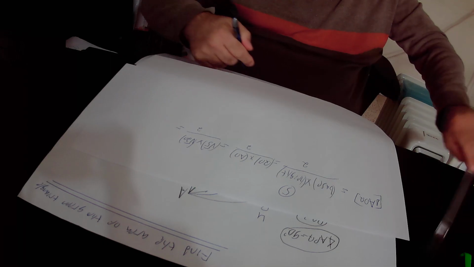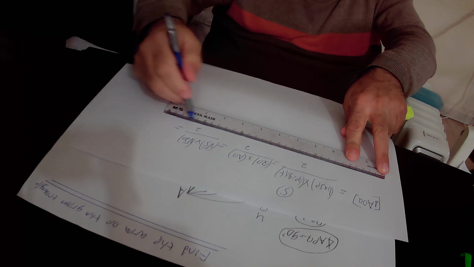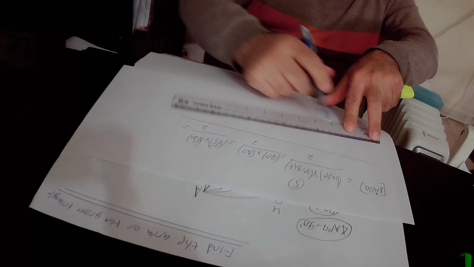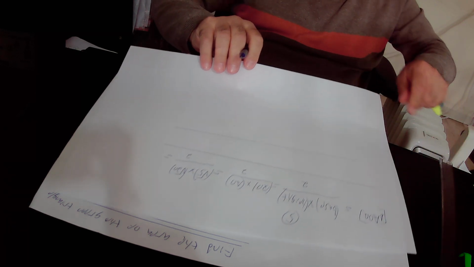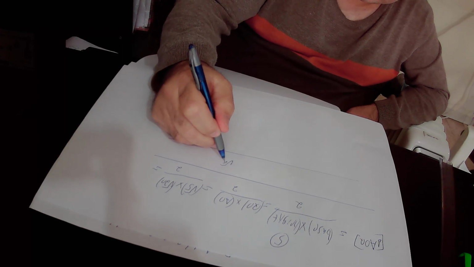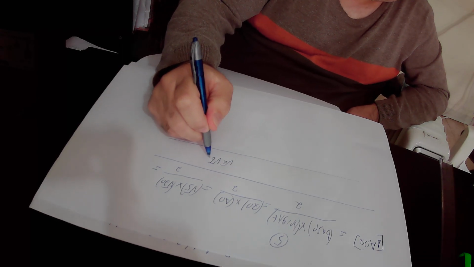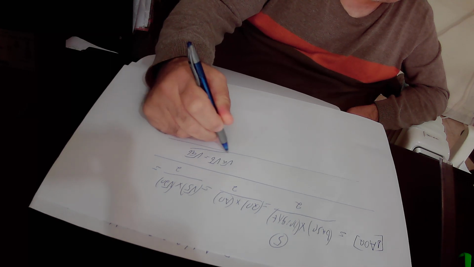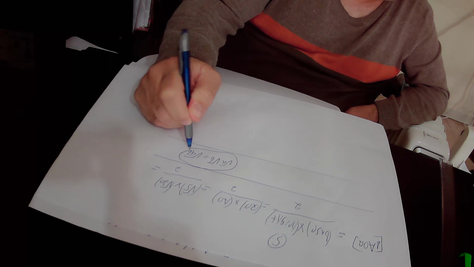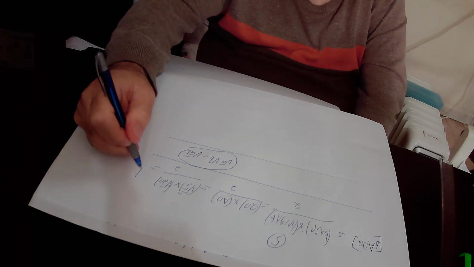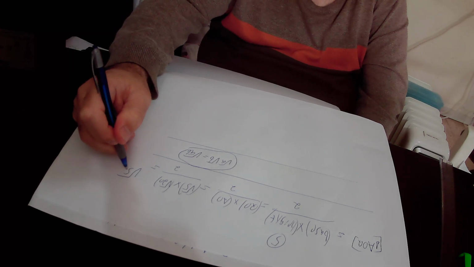So here we have the algebraic identity that states that the square root of A times the square root of B equals the square root of A times B. According to this algebraic identity, we get that the square root of 5 times the square root of 20 equals the square root of 5 times 20,